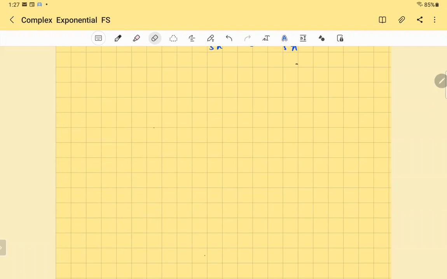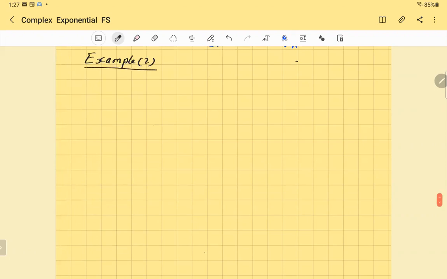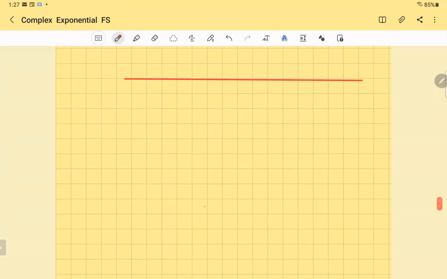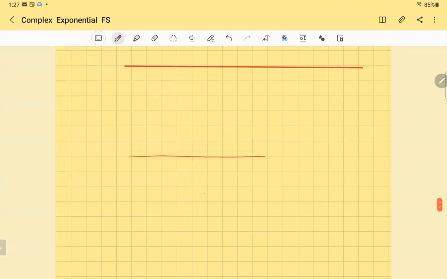Let me have an example. I will give you now the spectrum, and you find the exponential Fourier series, the opposite. Let me show you what I mean by that. Let's say that when we did the spectrum for the magnitude and the phase,